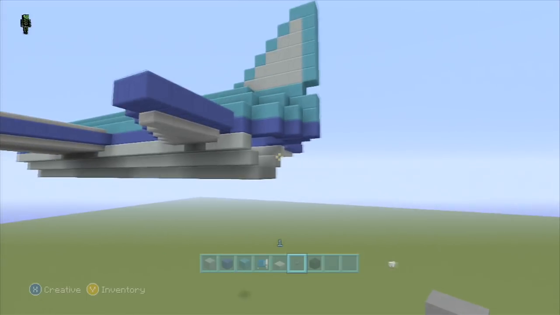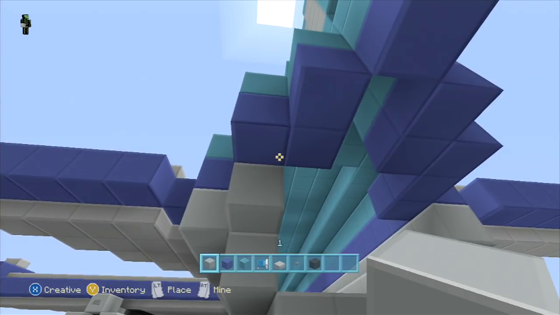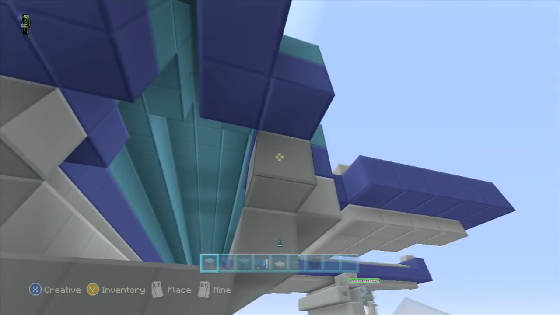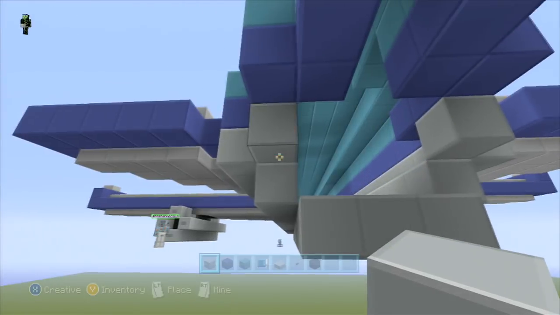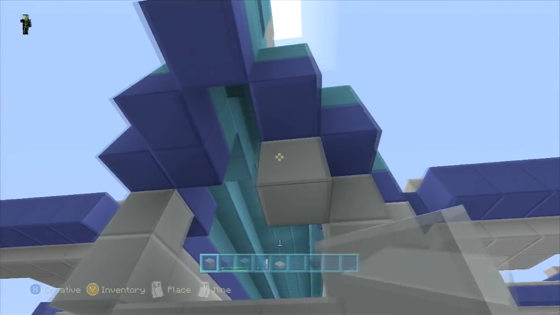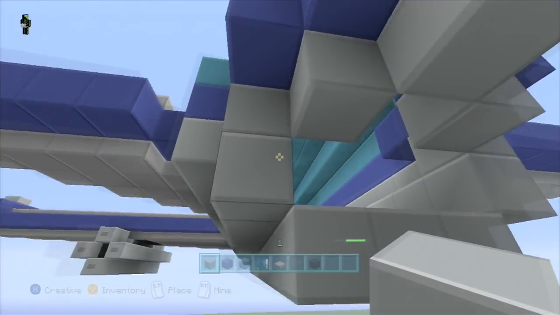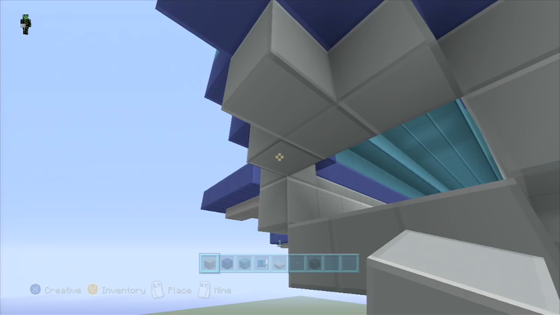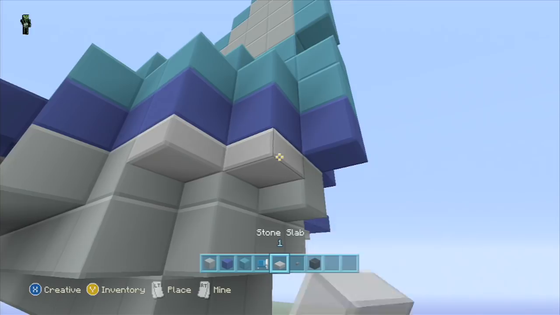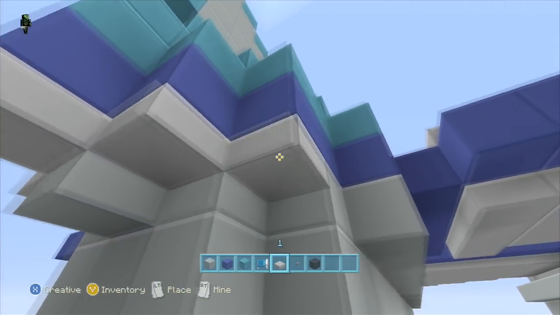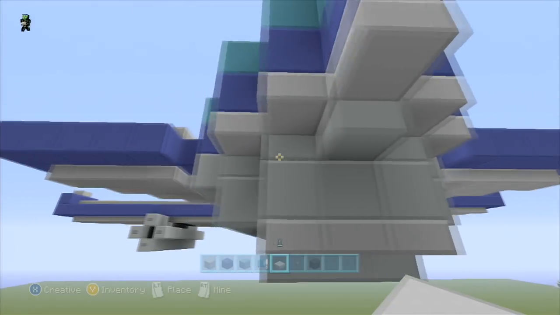And this is where we should be. Alright, and now when we come on to the bottom, you're going to bring out the gray, just one here on this part, and then one right here, and then one right there. And then you come back and put some half slabs on the bottom of these blues that are hanging out. That way it just gives it a little bit more depth once again, so it's not just a blocky exit back there.